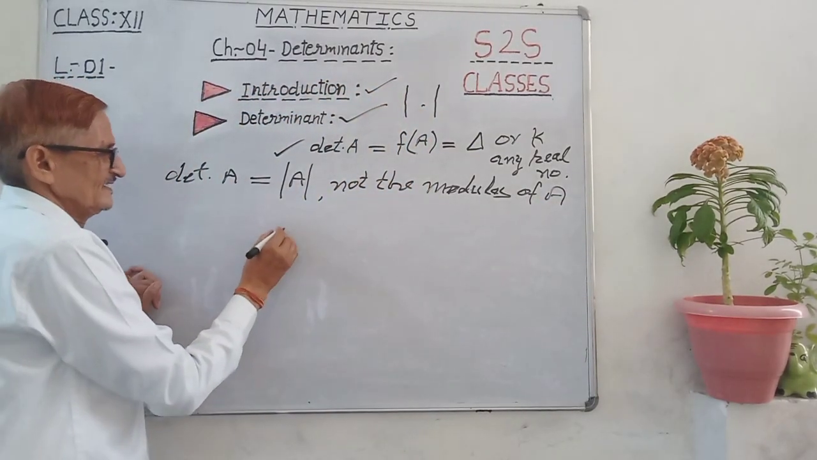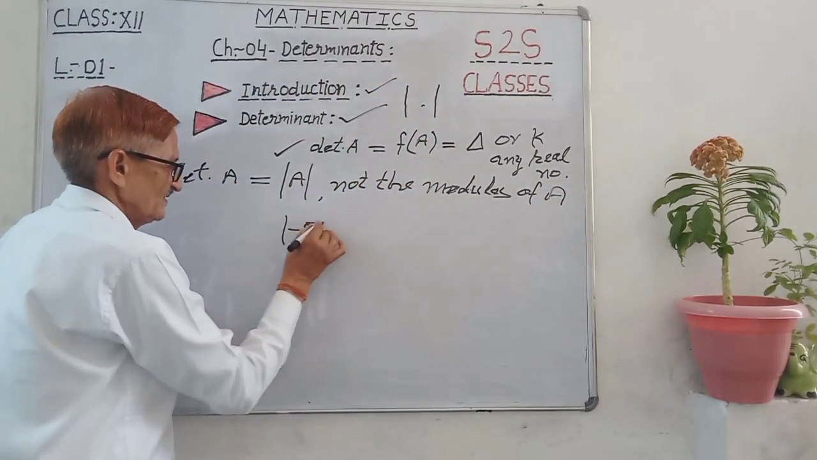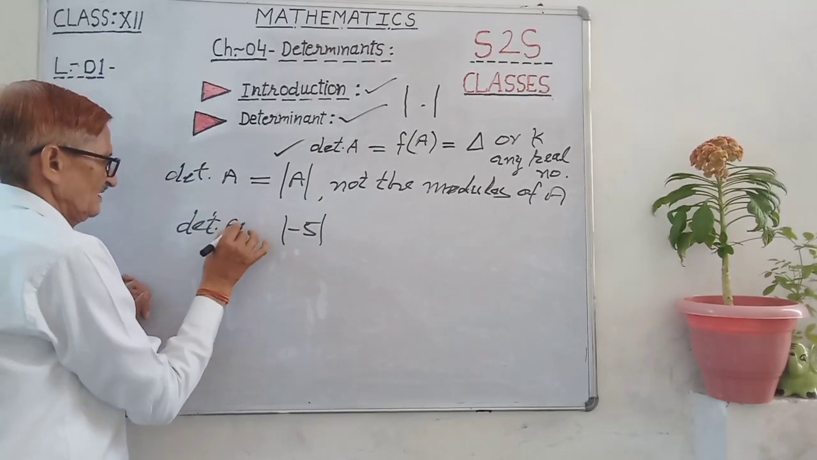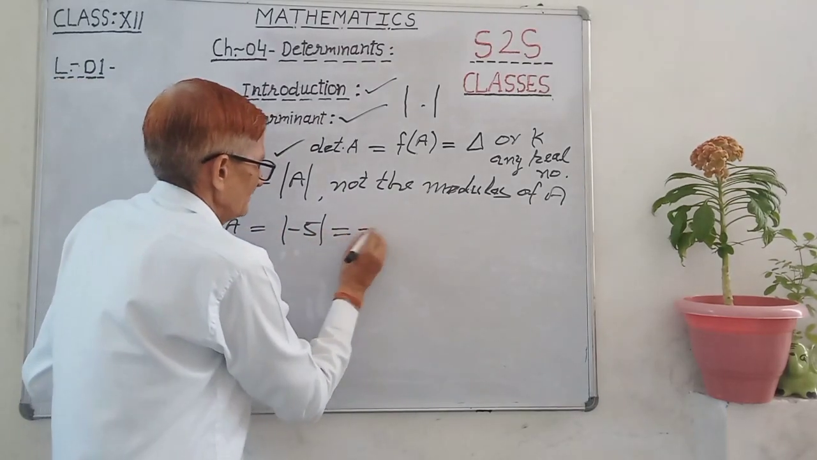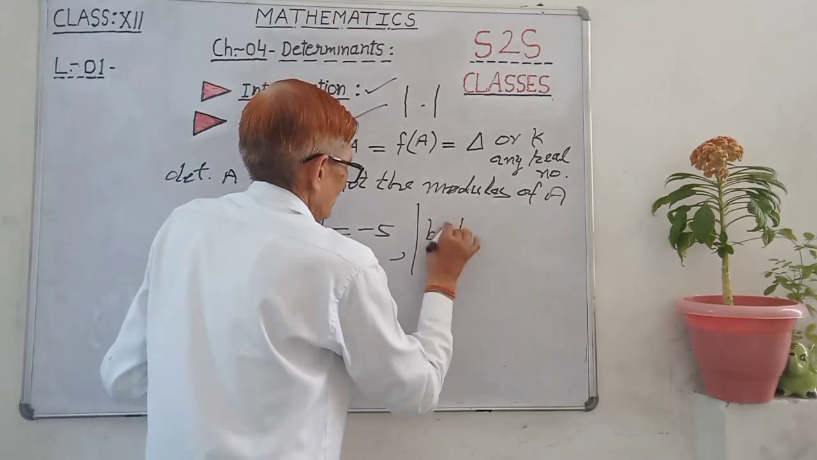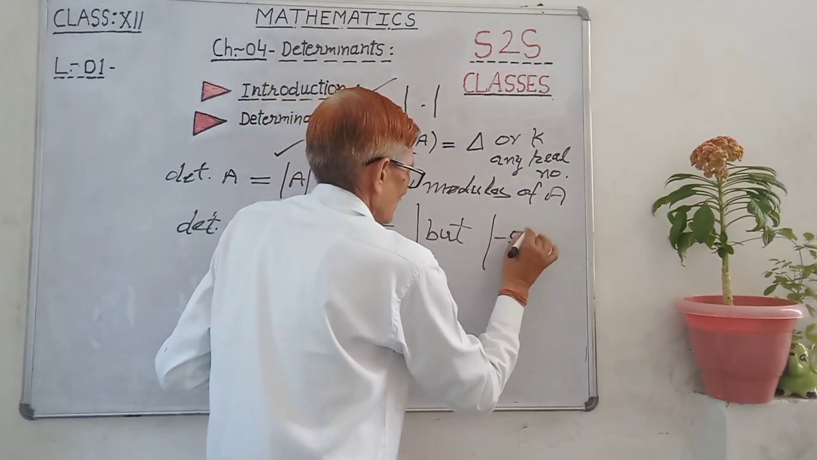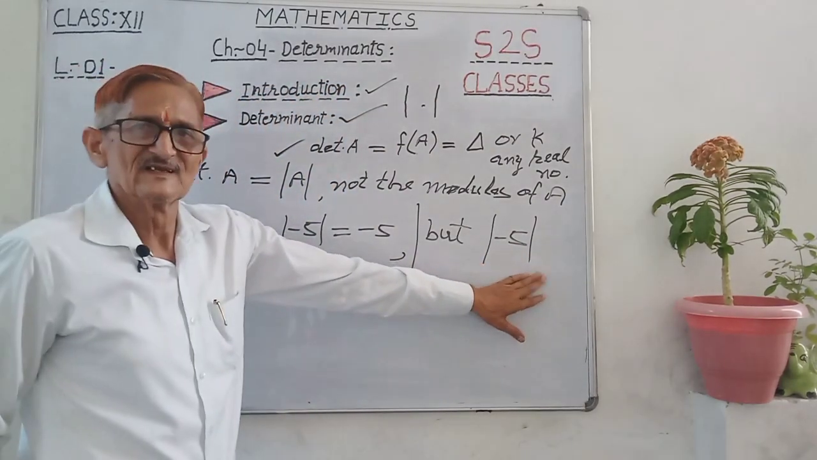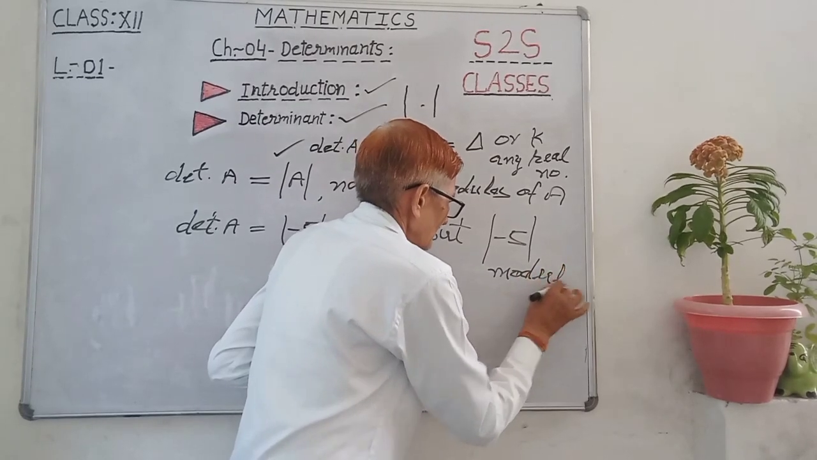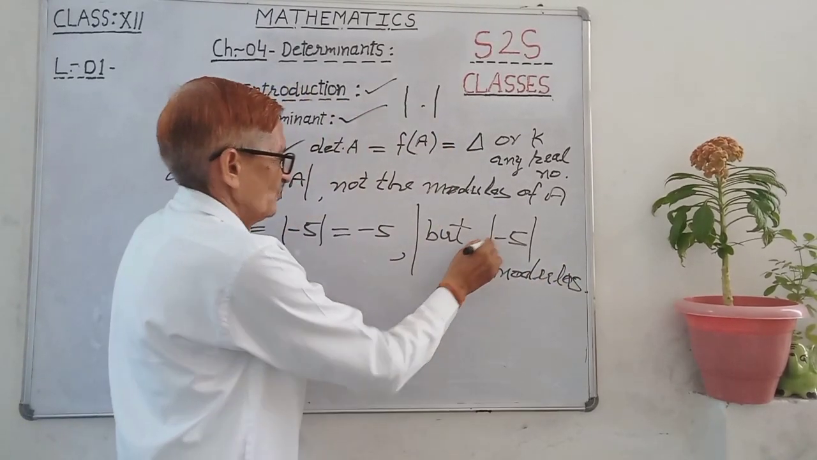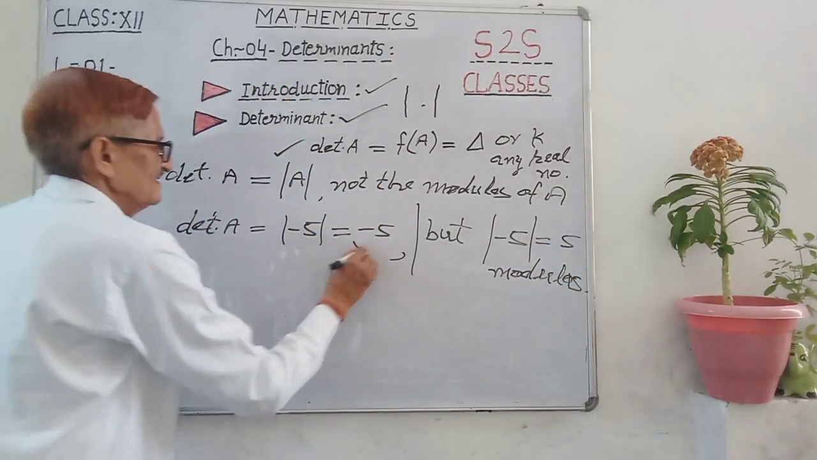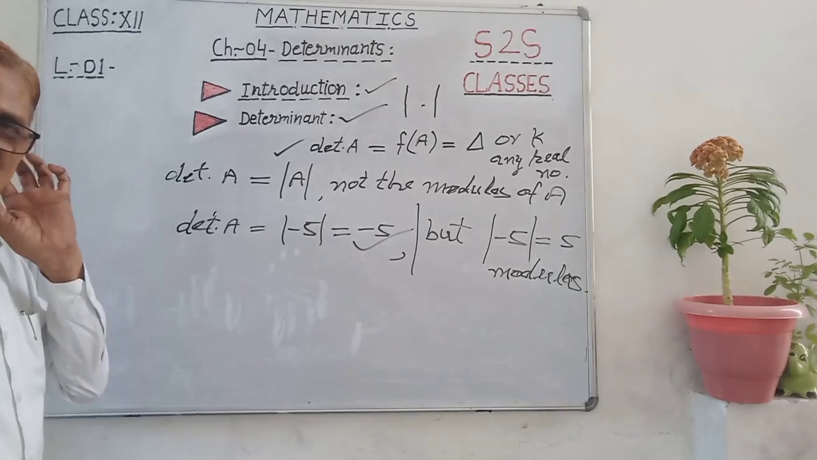Understand that if the determinant of A is this, and this value will be -5. Okay, but if this is mod -5, the modulus, then the modulus of -5 is 5 positive, but this is as it is. Okay, so now